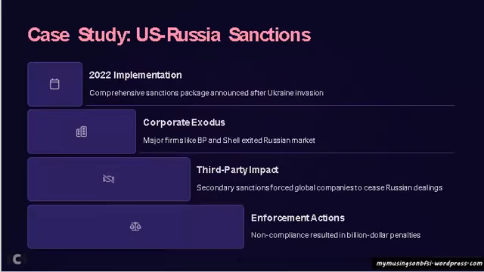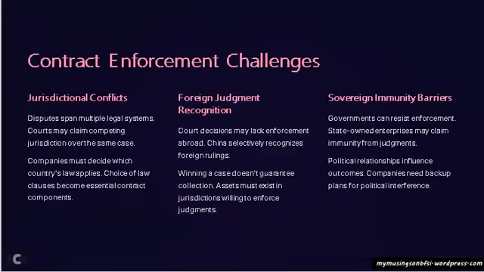Looking at Russia sanctions, as we said, the sanctions have been very comprehensive. Firms had to suffer losses. It impacted not only the sanctioned entity but also third parties, and there were some enforcement actions also. Enforcement of sanctions sometimes has challenges because of jurisdictional conflict. The local regulatory or legal system may say the overseas entity has no right to sanction. Sometimes companies must decide which country's law has to be applied. Sometimes there could be disputes due to competing jurisdiction over the same case.